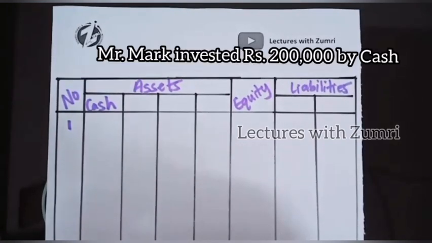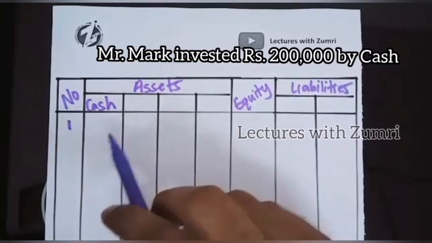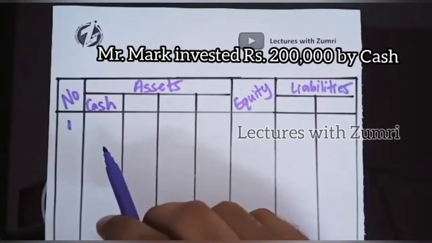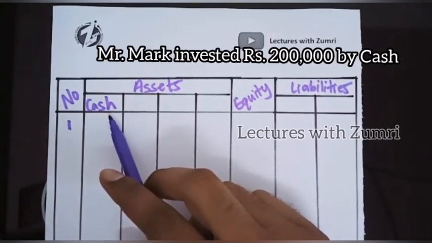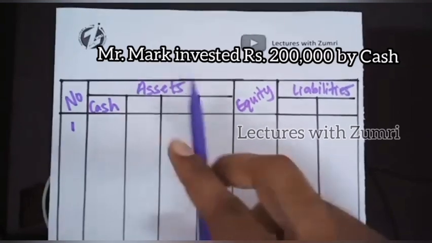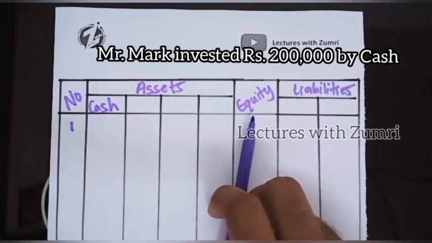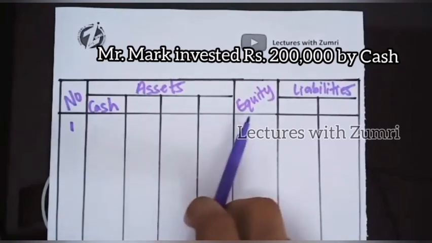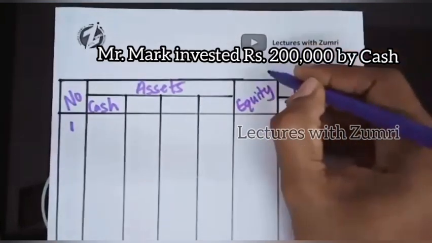Okay, so let's consider the question number 1. What does it say? Mr. Mark invested 200,000 rupees by cash, right? So how to enter this? If the owner brings cash, we know cash is an asset, so we can open up a column for cash. And also if the owner brings anything to the business, any resource to the business, we have to consider it as an equity, right? So here, since the owner is bringing cash to the business, cash in the business will be increasing, and also the equity of the business will be increasing, right? So I'll write